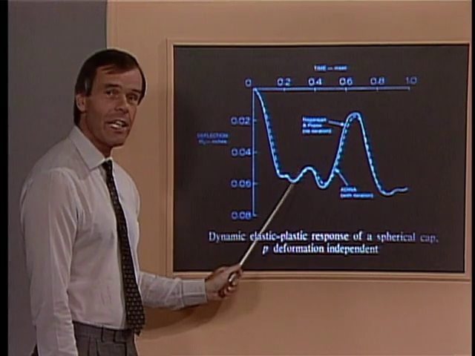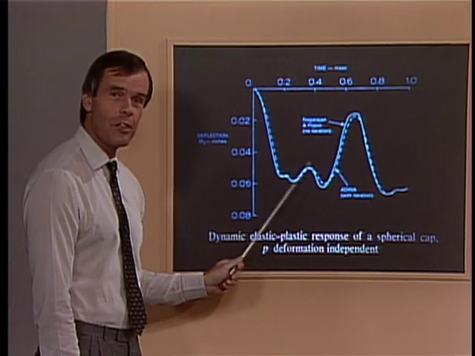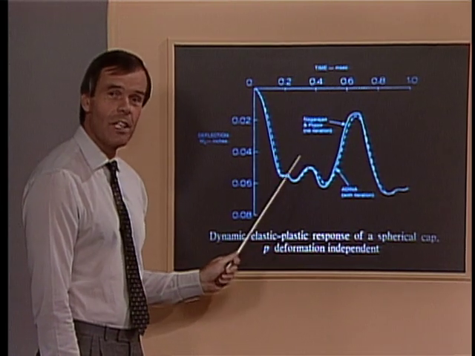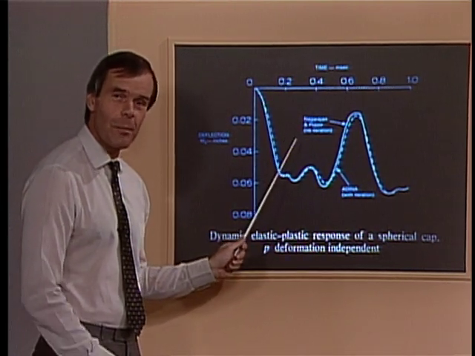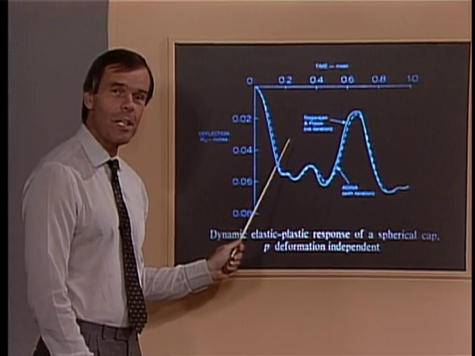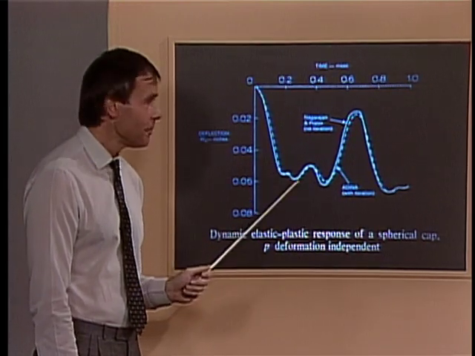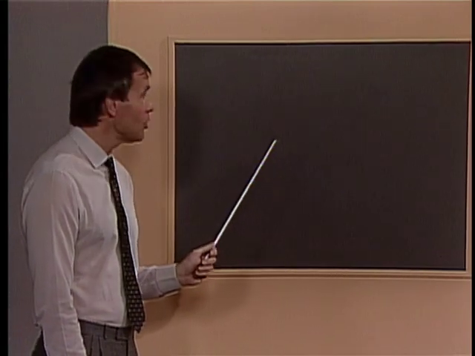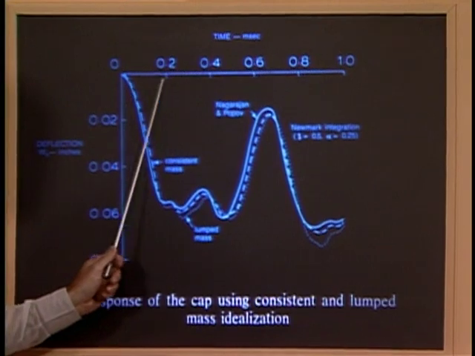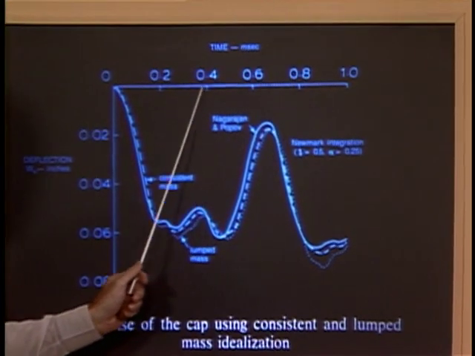Now in this particular case we used a consistent mass matrix, 2x2 integration, and specific solution parameters, and we wanted to now change these parameters in order to see the effect of these parameters on the solution that is predicted. The next slide now shows again the apex displacement of the shell as a function of time, but using once